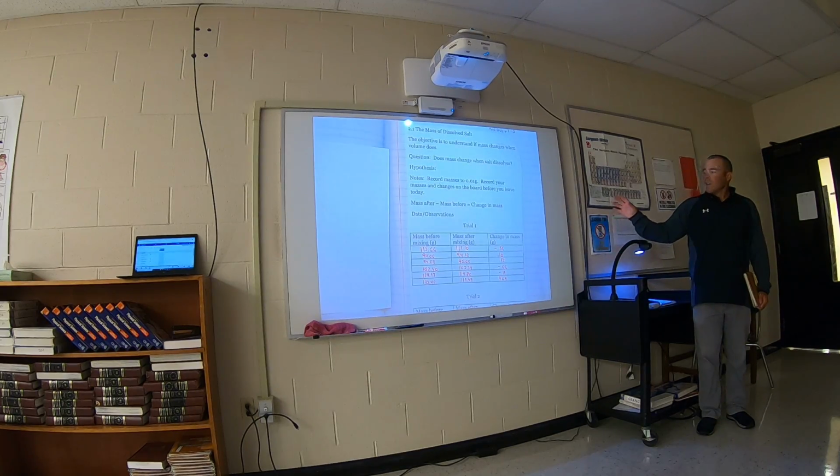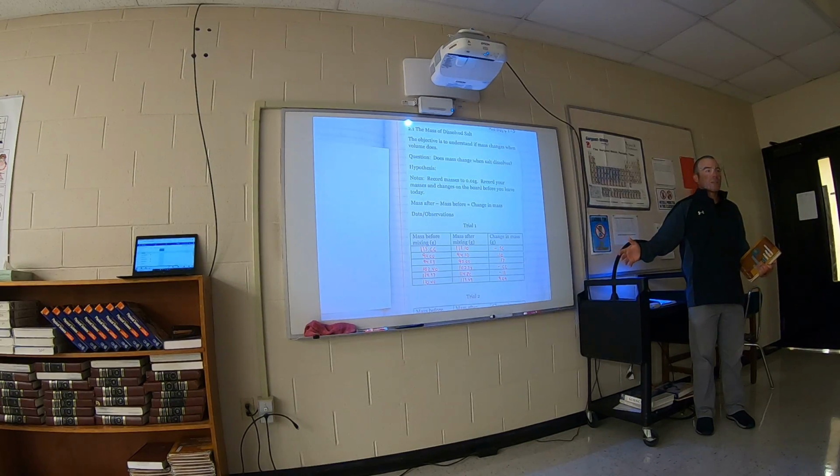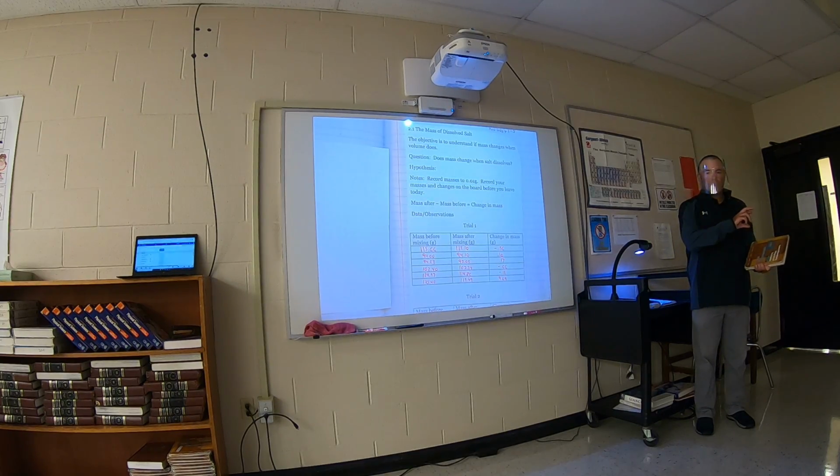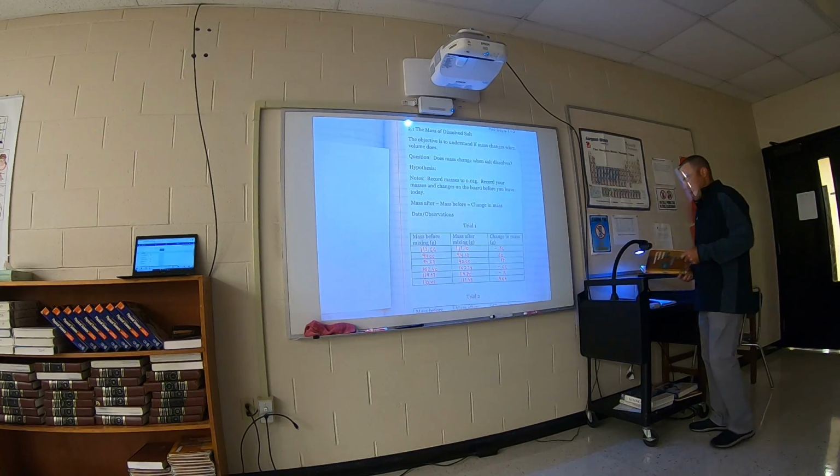But if you were to do this perfectly and have really good equipment, what you would find is the change in mass would be 0. And it makes sense that it would be 0, because really all the atoms you start with, you end with. You have a tight seal on the plastic container, so it's not like water's going to evaporate away. So what you should see for a change in mass, even though the volume changes, is that the change in mass is 0. So let's go through and talk about,